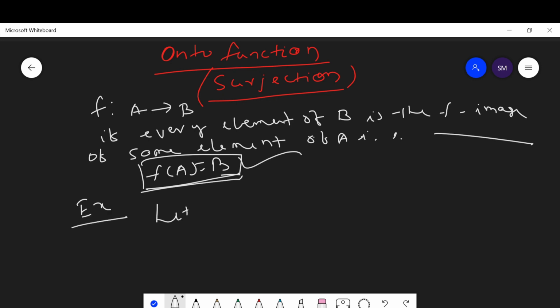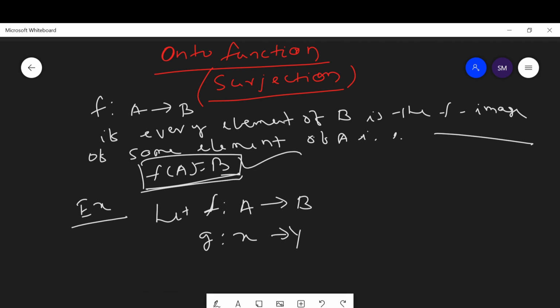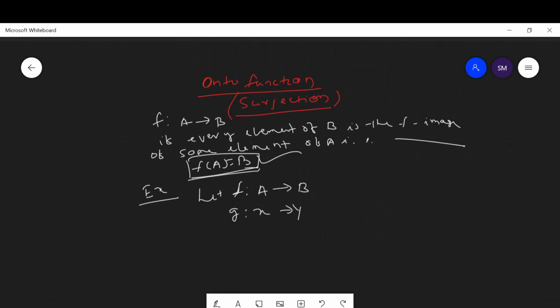Here let f be a function. Students, if you have any doubt, please follow my previous video. Then you get a better idea about relations and functions. Then come to this video. At first follow my first video. Here let f be a function from A to B and g a function from X to Y, two functions represented by the following diagram. This is the diagrammatic representation.